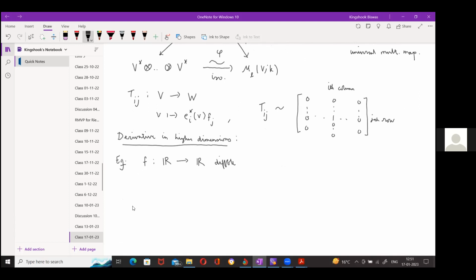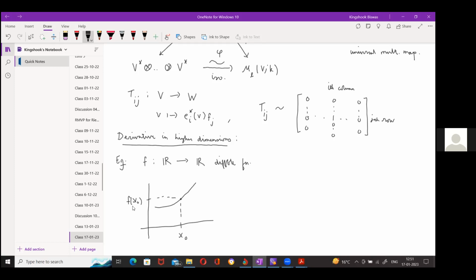So what does it mean to be differentiable? It means if I take a point on the graph of f, then